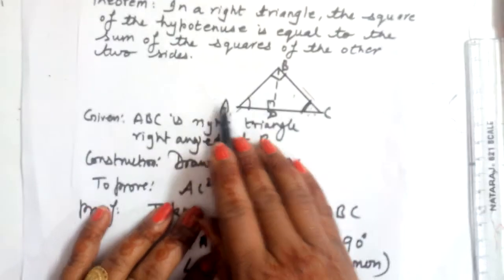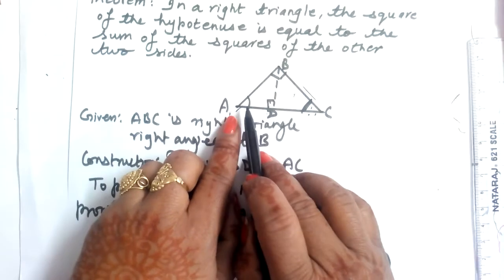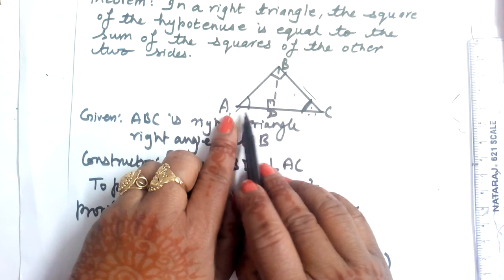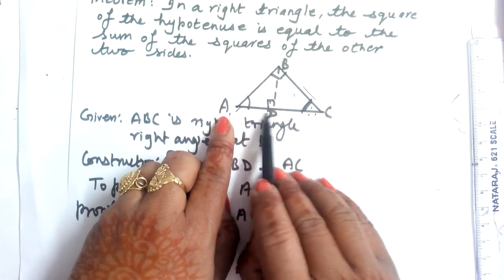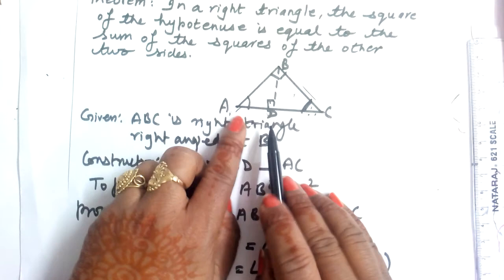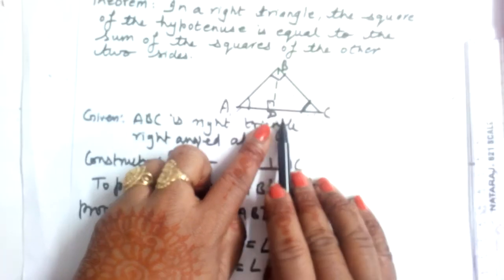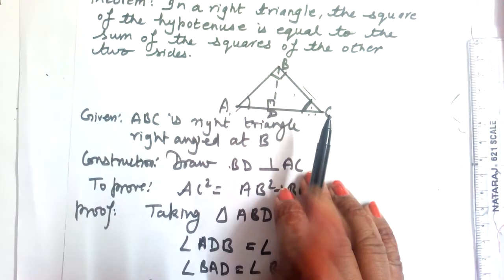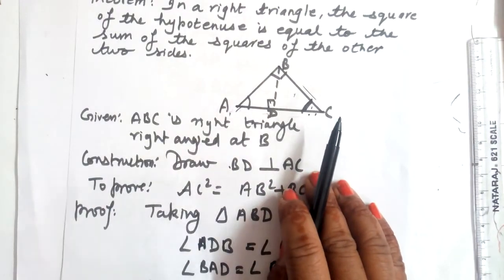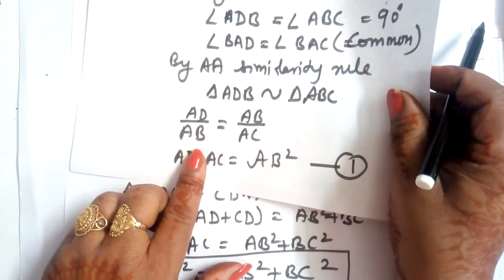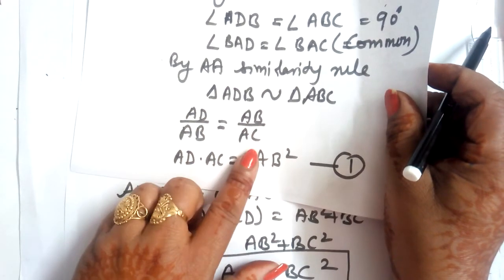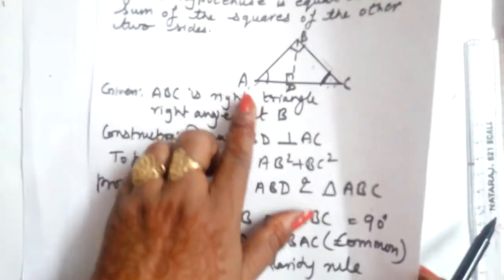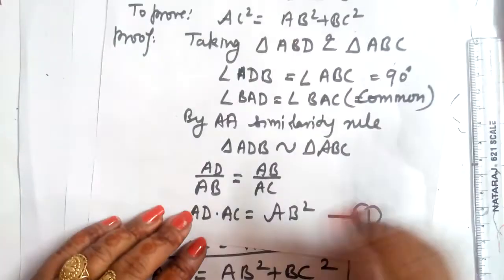So in the cross multiplication, if we are taking the small triangle, we have to see AD should come in the numerator. Yes, and while taking this triangle, CD should come in the numerator and AC will come on the other side, the denominator. So this is the trick that we can use here, just like AD upon AB and AB upon AC. So we can see here, it will be quite clear.